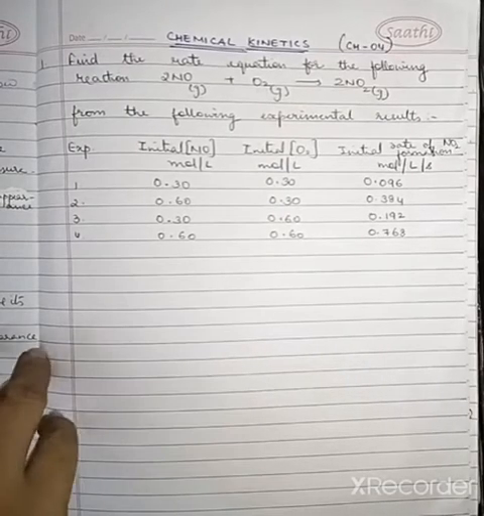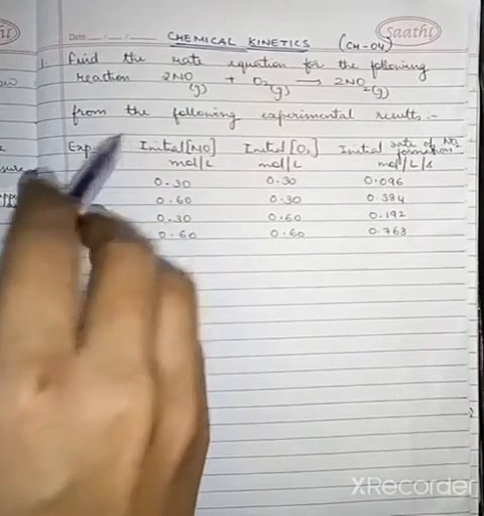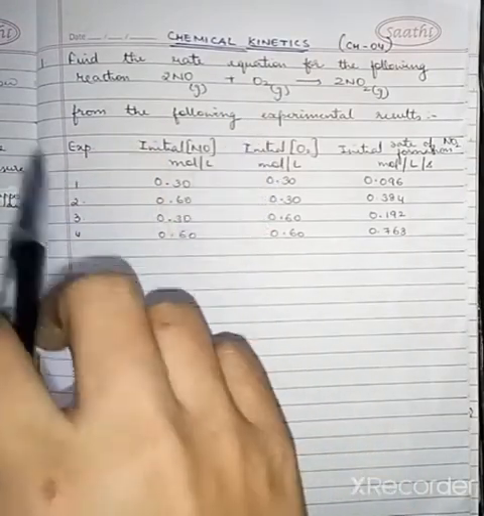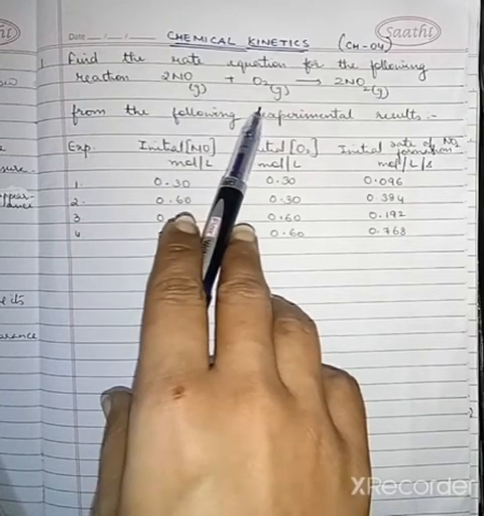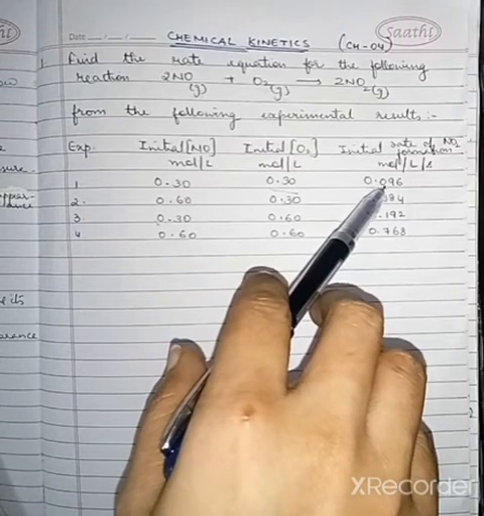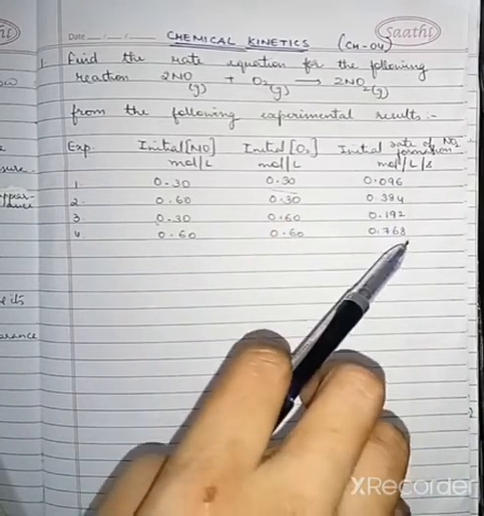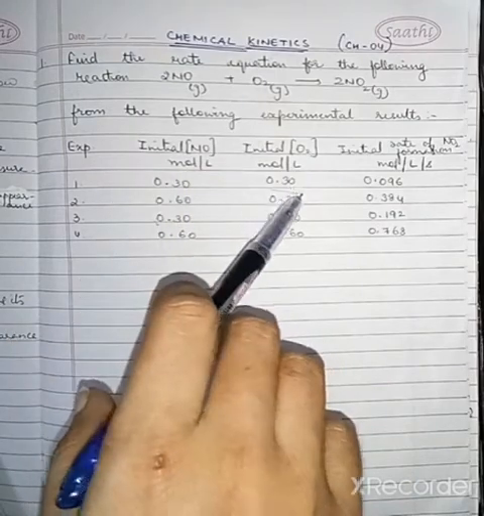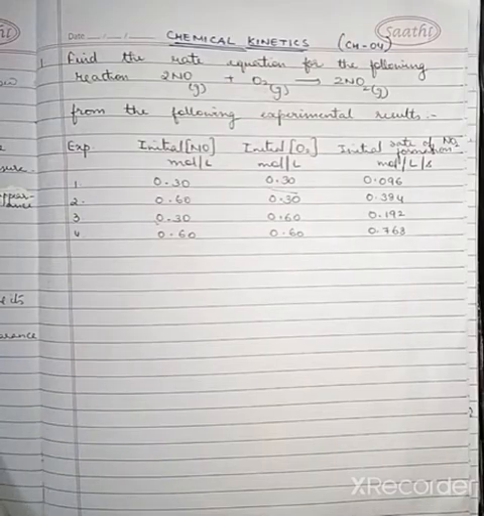So we will do a few questions related to chemical kinetics. The first one is: find the rate of the following reaction. You are given the initial concentration of NO and O2. दोनों के इनिशियल कॉन्सेंट्रेशन दे रखे हैं और रेट दे रखा है फॉर द फॉर्मेशन ऑफ NO2. प्रोडक्ट बन रहा है, उसकी रेट दे रखी है, इनिशियल कॉन्सेंट्रेशन दोनों रिएक्टेंट के गिवन हैं और हमें इसका एक्सपेरिमेंटल रेट लॉ एक्सप्रेशन लिखना है.